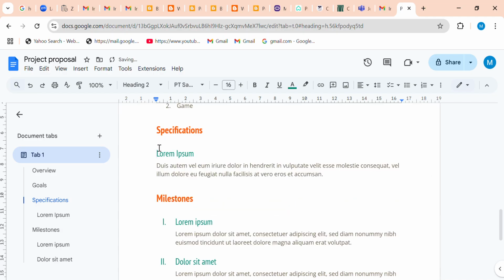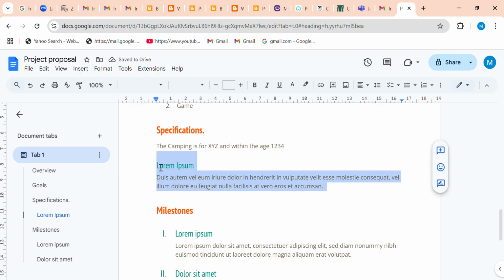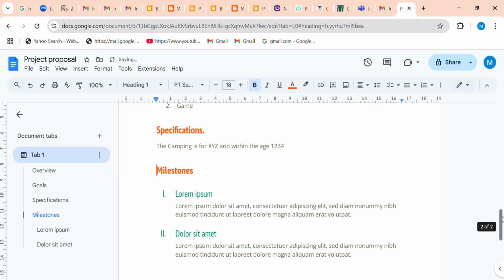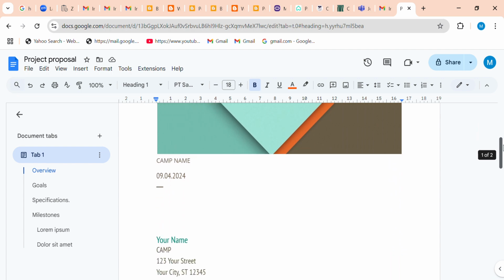Okay, so here you can say the campaign is for XYZ, and within the age 1 2 3 4. Okay, and you just continue to put what you already have penned down into your document. So once you are done, you can now